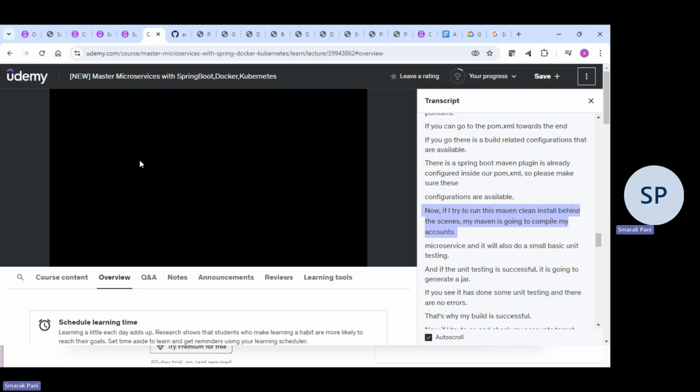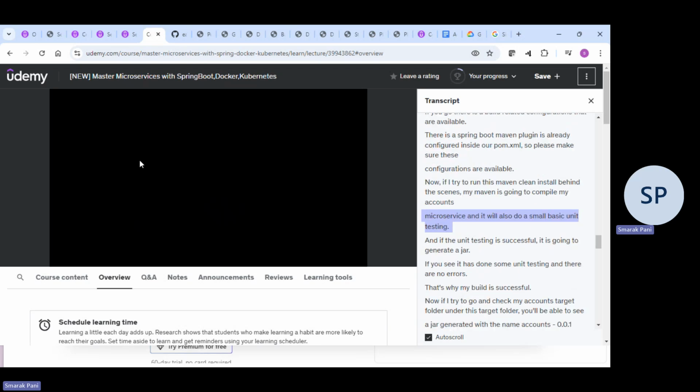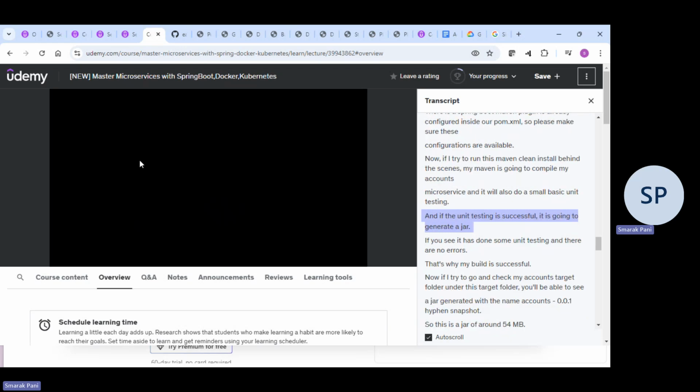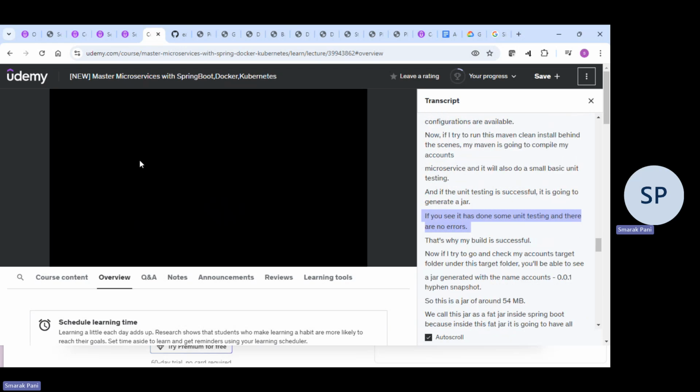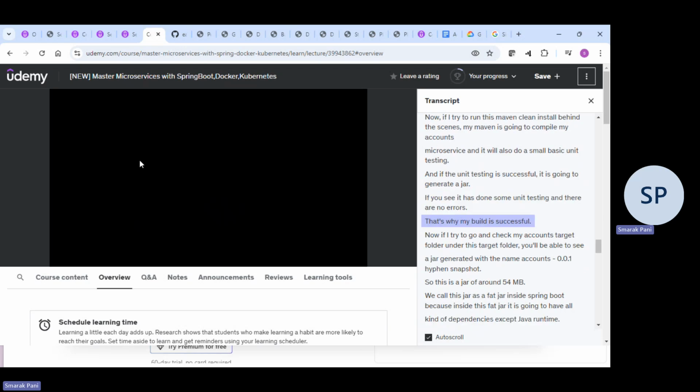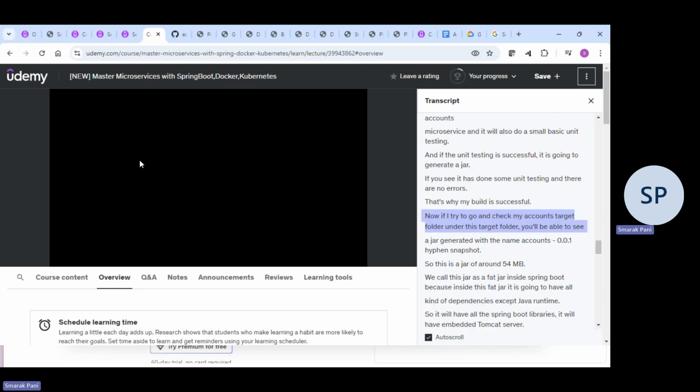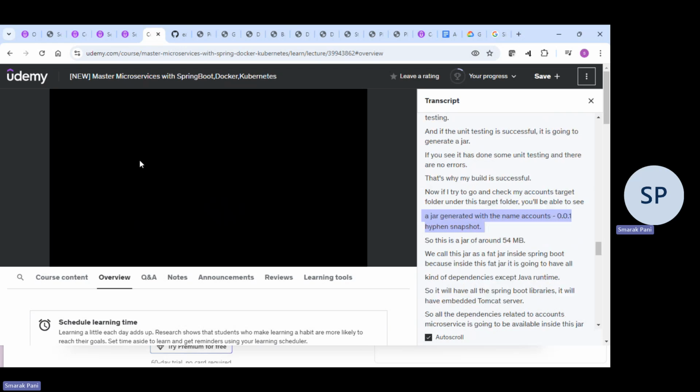Now, if I run this mvn clean install, behind the scenes Maven is going to compile my accounts microservice, and it will also do some small basic unit testing. If the unit testing is successful, it is going to generate a jar. You can see it has done some unit testing and there are no errors. That's why my build is successful. Now, if I go and check my accounts target folder, under this target folder you'll be able to see a jar generated with the name